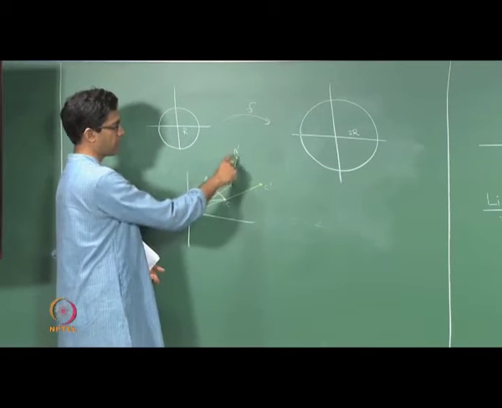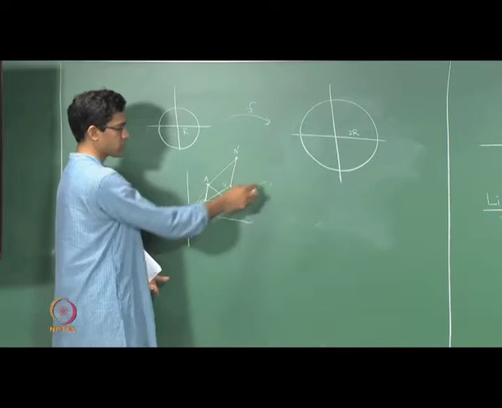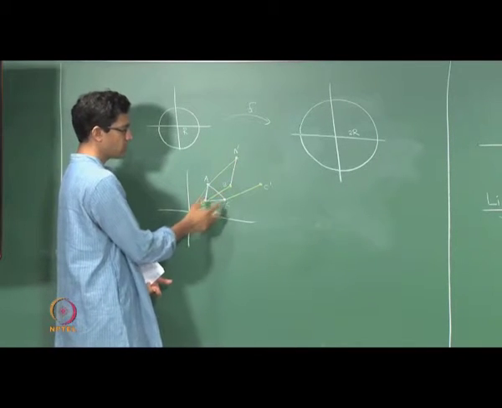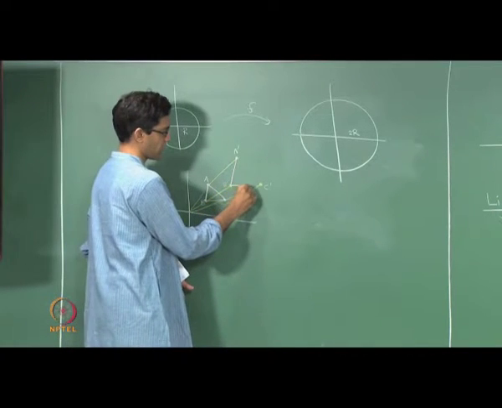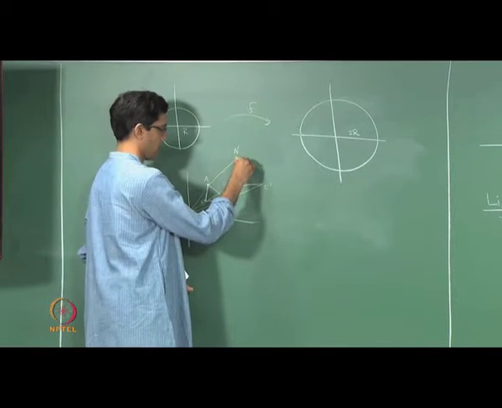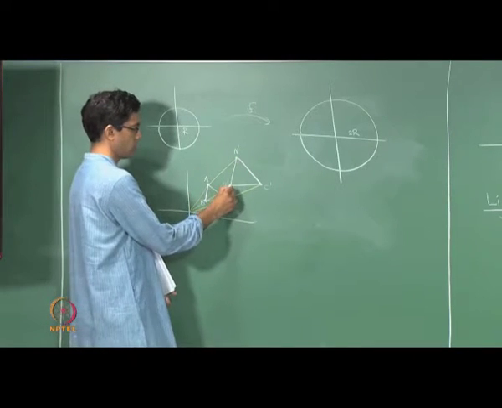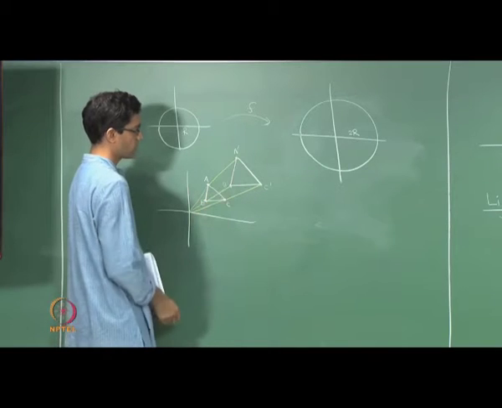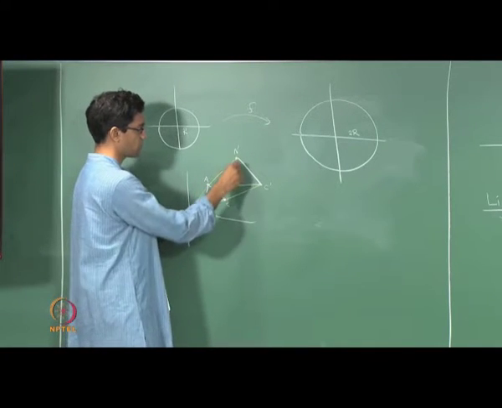So this line had better map to this line, there are no choices. Similarly B maps to B prime, C maps to C prime, the line BC must map to some line, that is the other fact we know, therefore it must map to the line joining B prime and C prime. Similarly, okay. So at least somewhat convincing argument I hope, which tells you that this triangle here will just map to